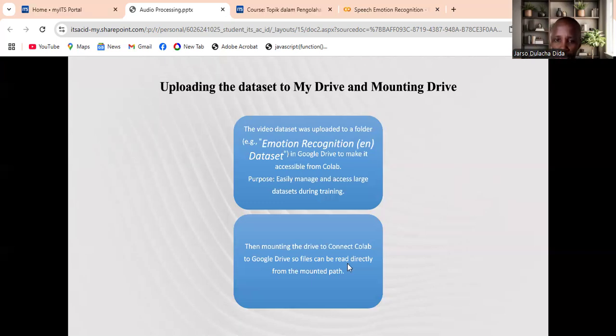Uploading to Drive is important to easily manage and access a large dataset during training. Then mounting the drive, which is important to connect Colab to Google Drive, so files can be accessed directly from the mounted paths.